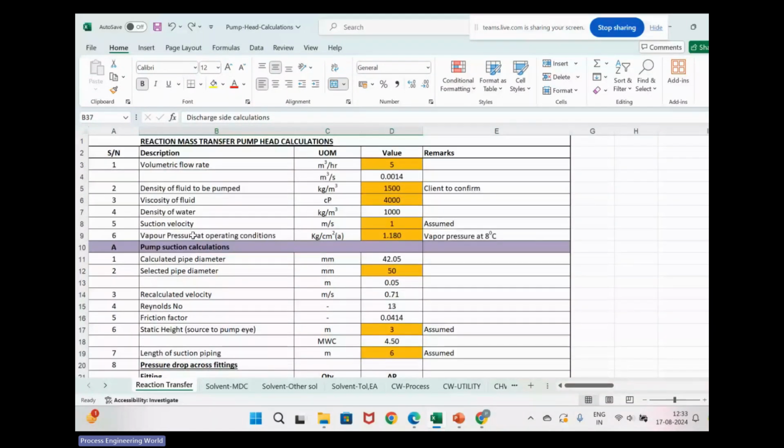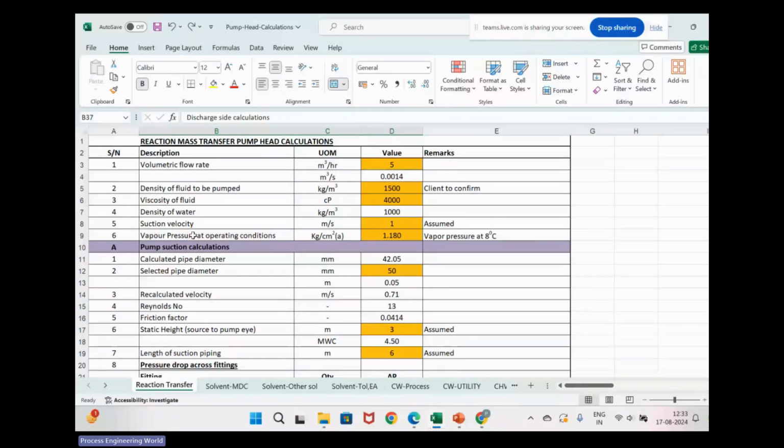So for calculating pressure drop, which equation is used? The Darcy-Weisbach equation. Everybody knows the Darcy-Weisbach equation; they might have studied it in the fluid flow operations subject. It is 4 f L rho V square upon 2 g D. So for calculating pressure drop through the Darcy-Weisbach equation,